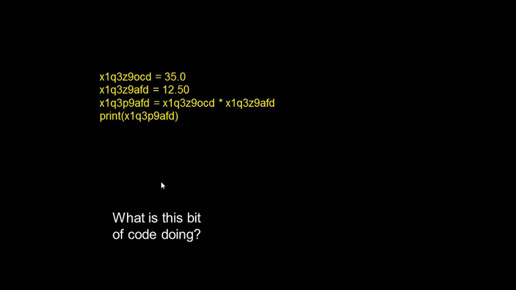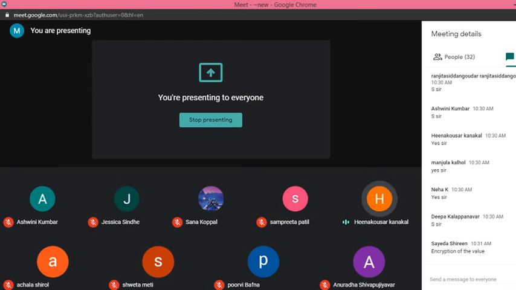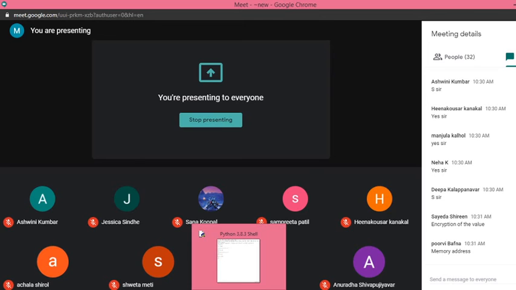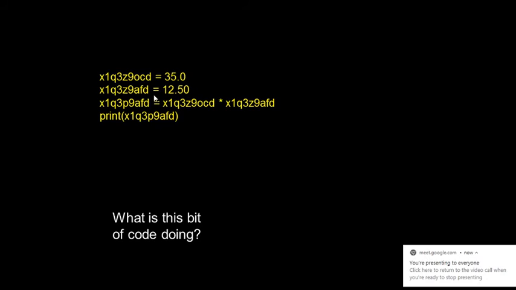Based on these kinds of variable names, can you understand the purpose of the code, or what the code is being written for? Is anyone answering? Encryption of the value? No, not encryption. Simply, some variables are taken at random and values are assigned. But with these kinds of variable names, we cannot understand what the code is being written for.